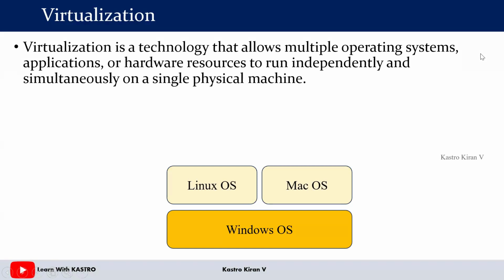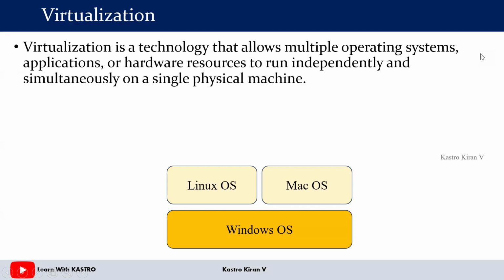Virtualization is a technology that allows multiple operating systems. Am I getting multiple operating systems here? Yes. Where am I getting these multiple operating systems? On a single physical machine. What is my physical machine? The Windows-based operating system. So on a single physical machine, I am going to